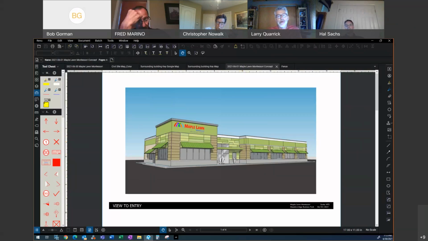We felt that the design was appropriate and practical and pleasing, and it fits in with the context of the other buildings in the area. It also helps as a transition from some of the really bigger industrial buildings down to some of the smaller retail buildings.